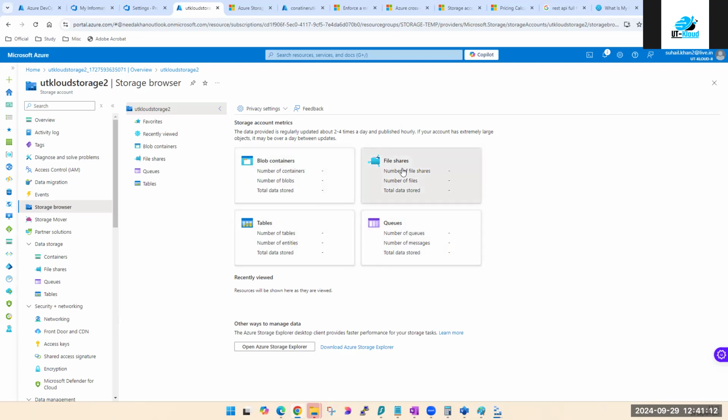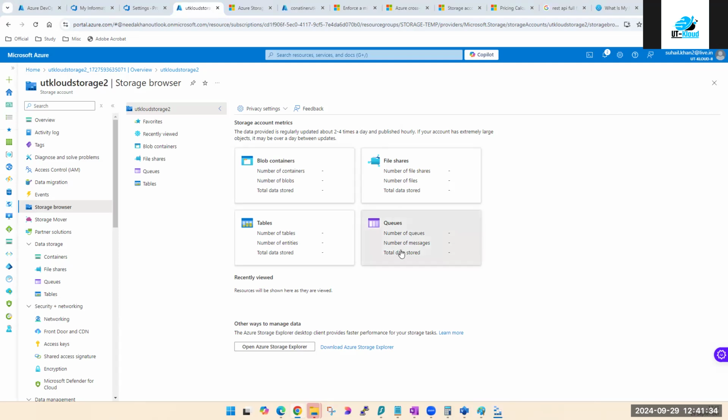File share को हम एक बार देखेंगे, very interesting, but we'll see only once, उससे ज्यादा ये है नहीं. This is your replacement of Google Drive, you can say. It works as good as Google Drive. Tables we are not going to see much. Queue तो बिल्कुल भी नहीं. ठीक है. And most of the questions you are going to get on blobs and file share, right? So let's start